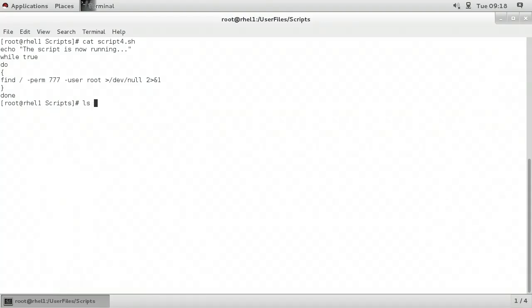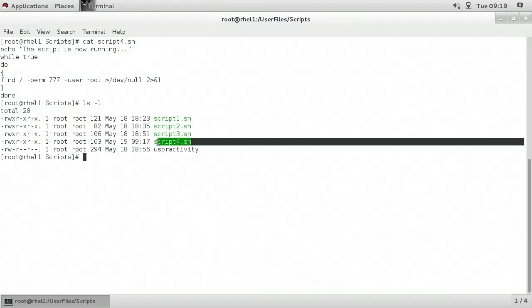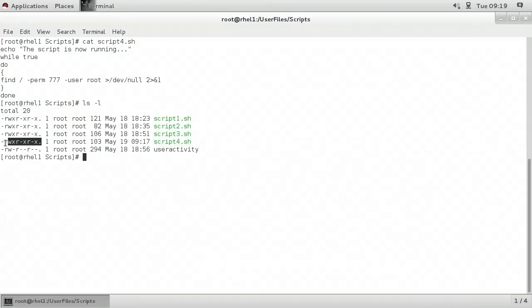If I type ls -l, I can see for the script4.sh file that the execute permission has been set for the owning user, which is root, the owning group, which is the root group, and for everyone else. You need to flag a script as executable before it can run. If I were to type